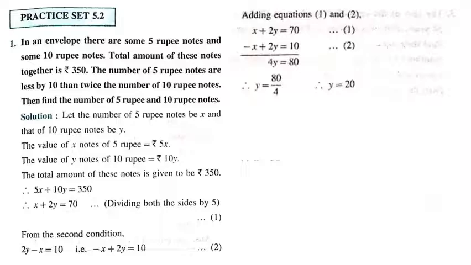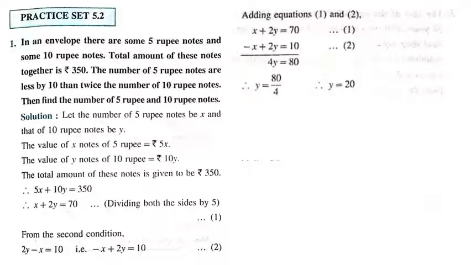But are we supposed to find the value of 4y? No, we only need the value of y. Shifting 4, which has a multiplicative relation with y, onto the other side, it becomes division. So y is equal to 80 upon 4. Now 80 and 4 both come in the 4 table, so they will be divisible by 4. 4 ones are 4, 4 twos are 8, so 4 twenties are 80. So now we got the value of y is equal to 20.